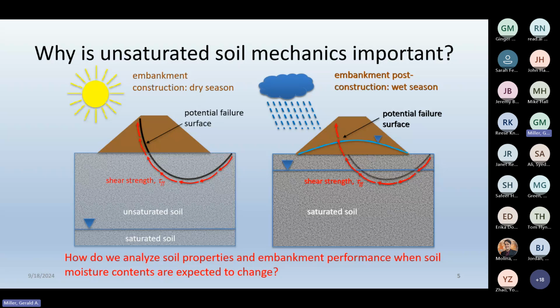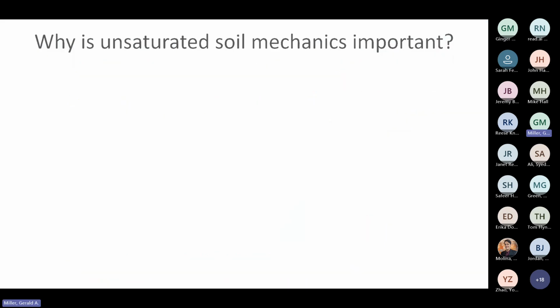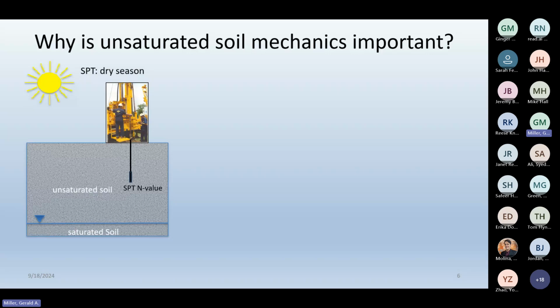So we need to be thinking about changes in shear strength and how that affects the performance of our embankment, and also how it affects our stability analysis. And then, of course, there's the compressibility and the settlement of the embankment. Another example to think about, and this one I'm going to get into in some detail today, is,